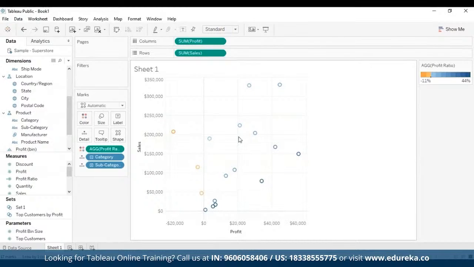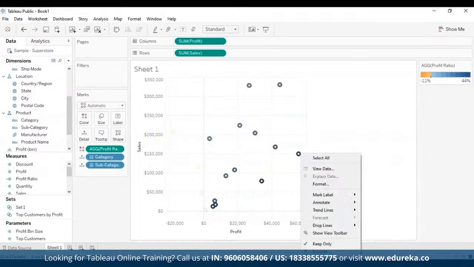Now that we've created a visualization, we can select one or more marks. You can see all these orange and blue marks. We can select one or more of these marks or headers in the view. So basically what I'm going to do is I'm just going to select a couple of these marks. And then I am going to right click on one of these marks and select create set, which is